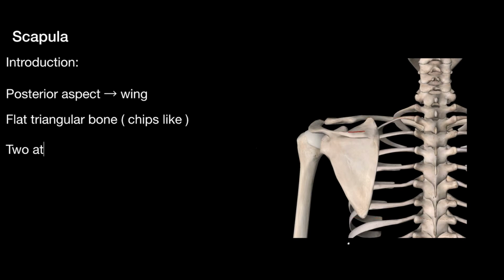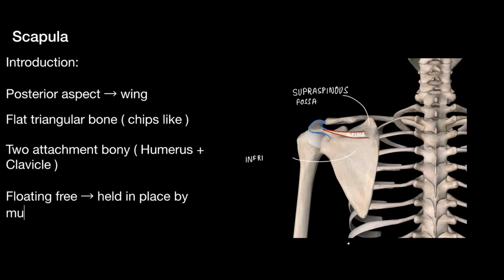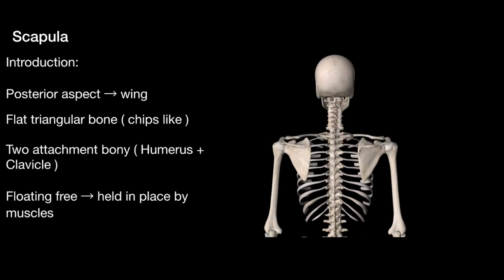The spine of the scapula, which is present on the posterior side, also divides scapula into two unequal parts. The upper part is called supraspinous fossa, and the inferior part is called infraspinous fossa. Scapula is a paired bone, and both the bones are mirror image of each other. It is a large, flat, rough triangular bone of the body which is wing shaped in structure.